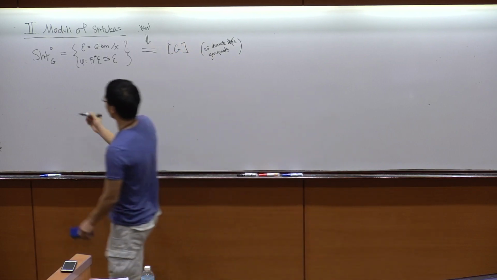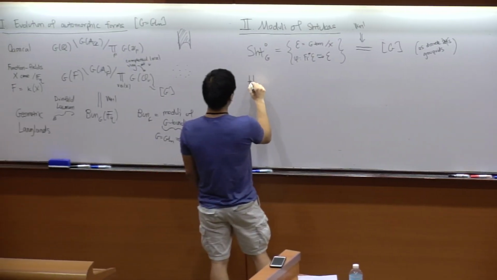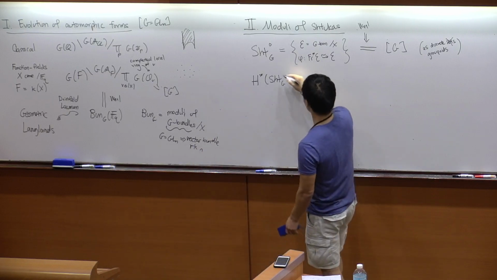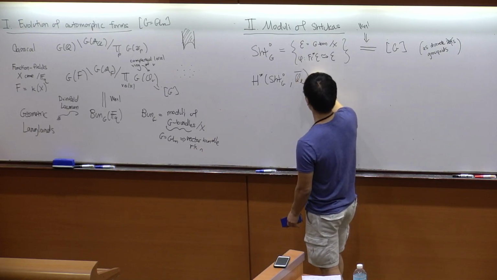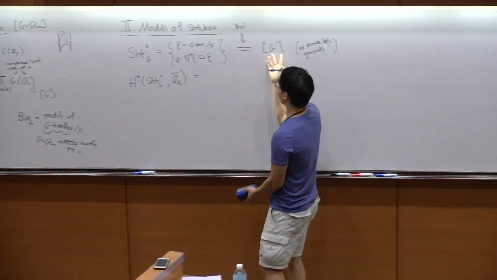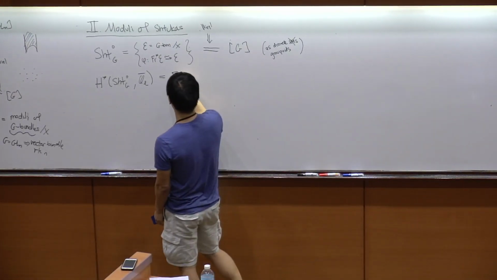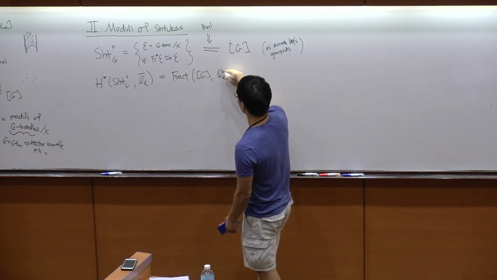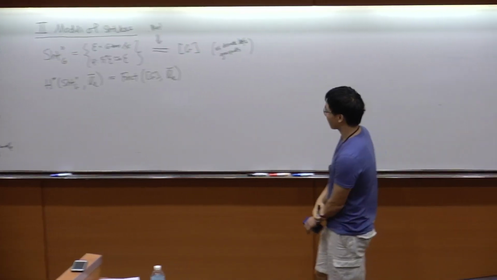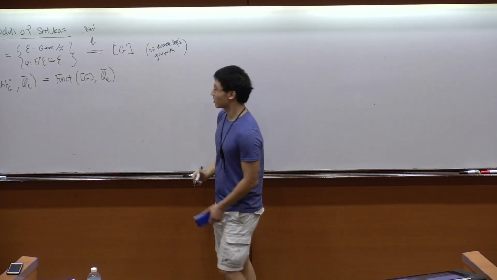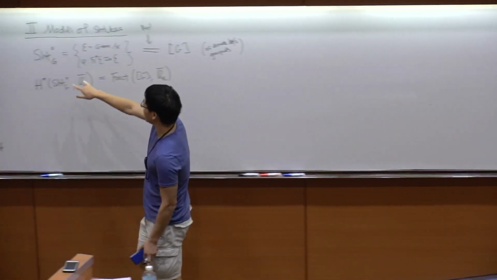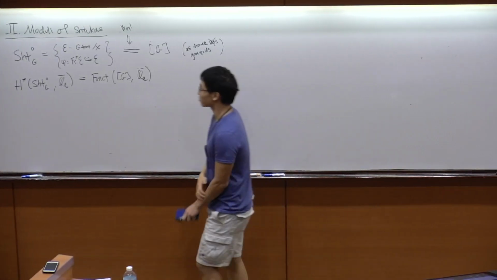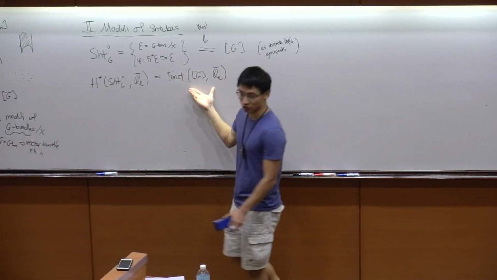And I can now reformulate the notion of automorphic form. So the cohomology of the zero-dimensional object should just be functions on that object, or functions on this double coset space, or in other words, automorphic forms. So that seems like a little silly thing to write. But now the point is that we're going to generalize this space in various ways, and we're still going to be interested in its cohomology and view that as a generalization of the notion of automorphic form.